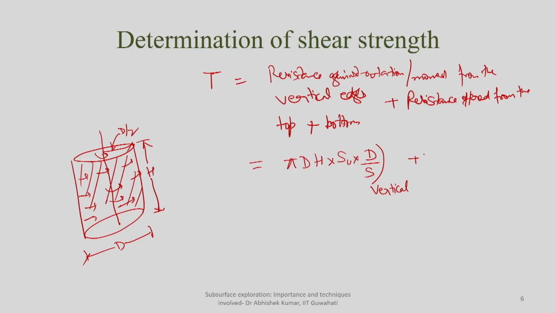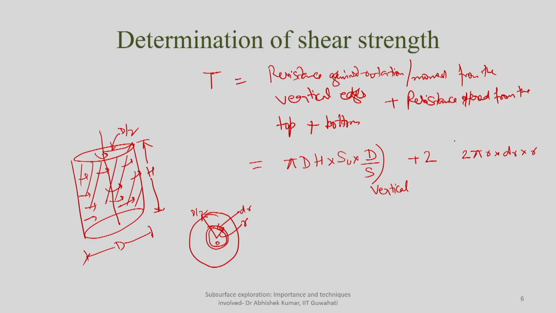Then you will be having the horizontal face. I am putting 2 because it is equal on horizontal top and bottom. So, again you see on the top and bottom, like this is the entire area. Consider a small strip which is at r distance. The thickness of this strip is considered as dr. So, what will be the length of this? This will be equal to 2 pi r, that is the circumference, multiplied by dr, that is the thickness, and then arm r, and then integrate it from 0 to d by 2.